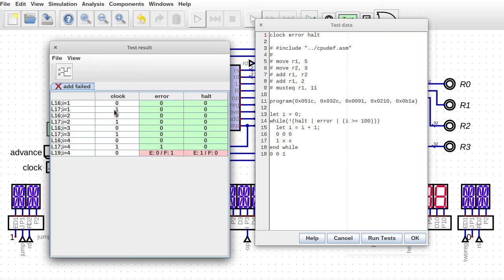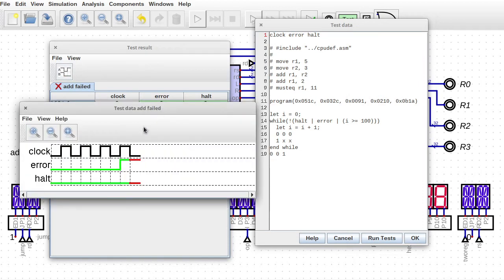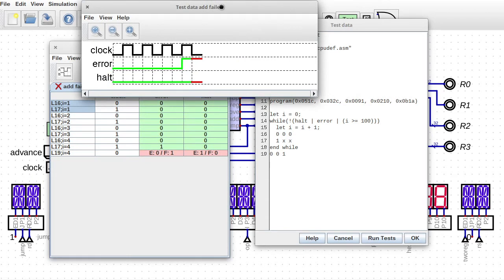So I equals 1, it switched the clock, and in fact you can see a graph here, which is also neat. So you can see that the clock is pulsing up and down. It gets a certain number of cycles in, and then the error line goes high, and you can see here that when it exits the while loop, the error line is still high, and the error line should stay high until the next clock going high. So as long as the clock doesn't go high again, it'll stay high. So you can see it was expecting the halt line to go high and the error line to be low,